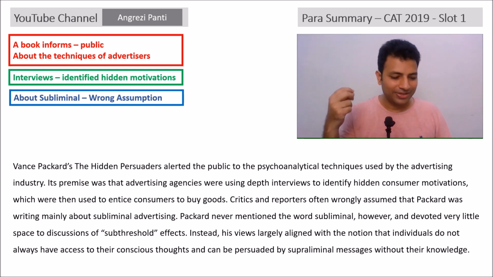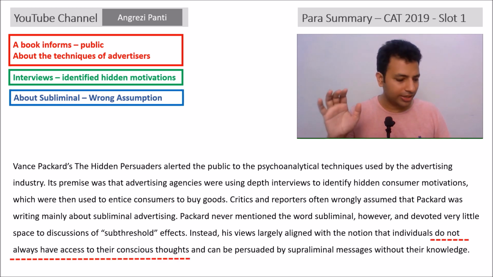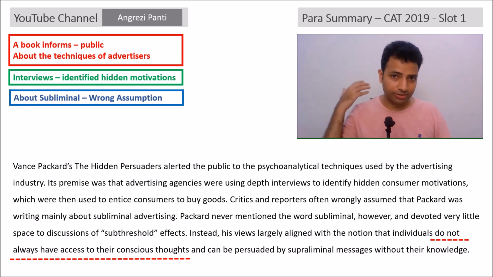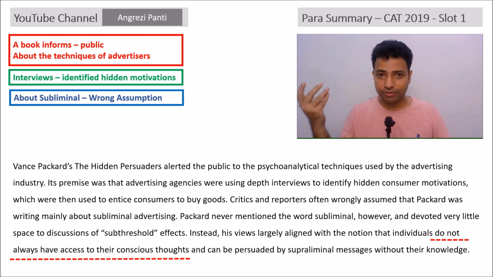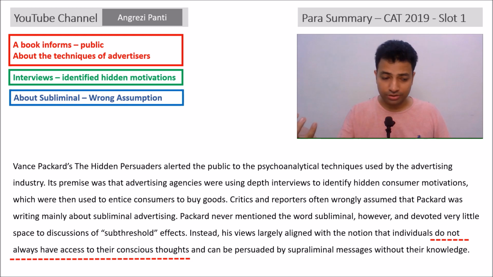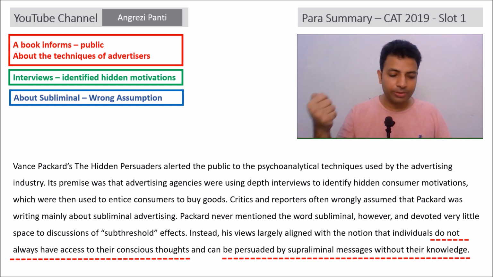Instead, his views largely aligned with the notion that individuals do not always have access to their conscious thoughts. Okay, so they don't have access to conscious is something that you are aware of. Subconscious is something that is running at the back of your mind and you are not aware of. So he's saying individuals do not always have access to their conscious thoughts and can be persuaded